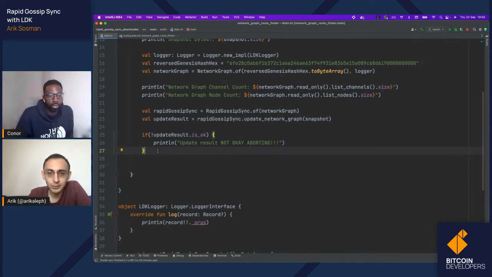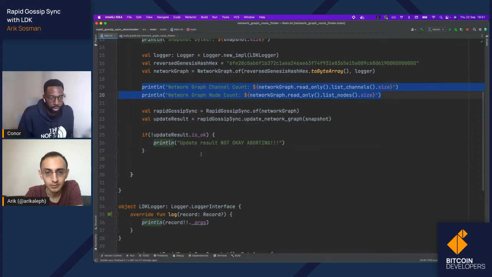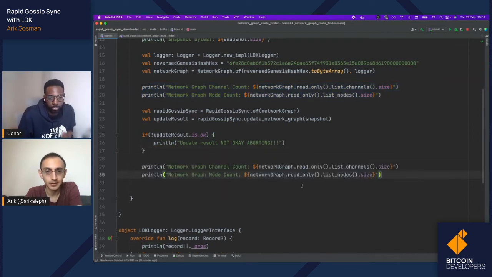So then, let's see. There is, it's an enum, and we should be able to take its value as an okay result, because if it's okay, the result is going to be the timestamp that we're going to need for the next network graph. However, before we figure out how to do that, here's what I would do. Maybe let's take lines 19 and 20 and copy them to underneath that if clause. So here. Right. Yeah, and let's just press play again.